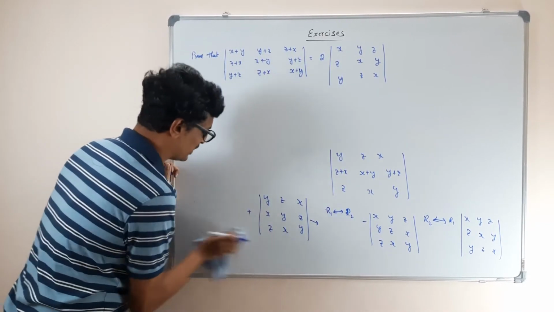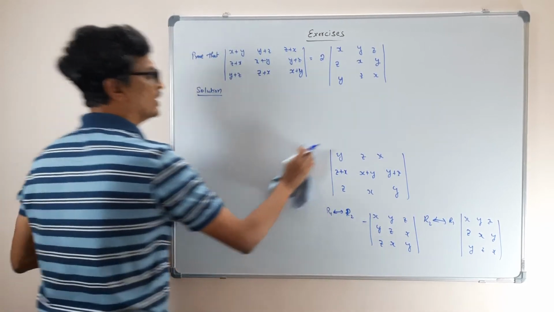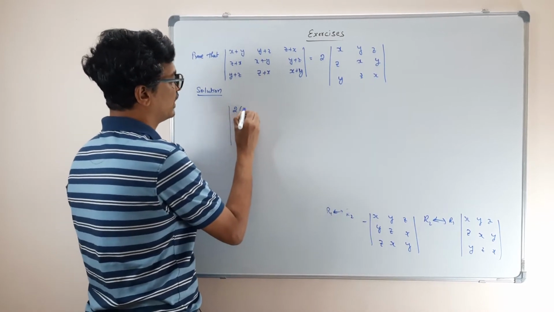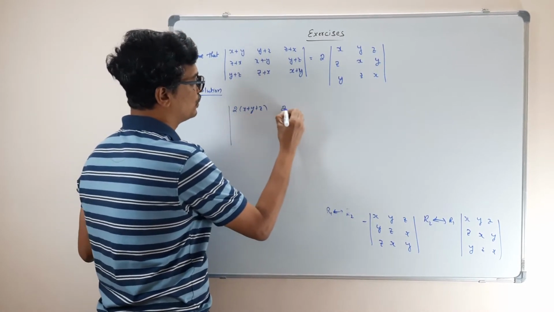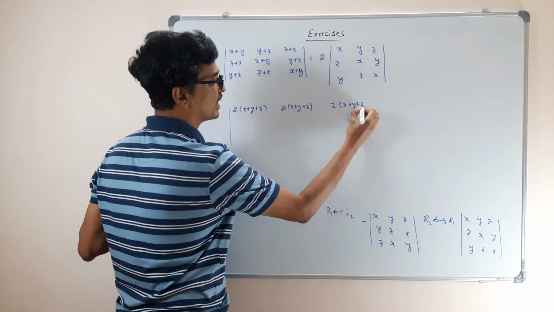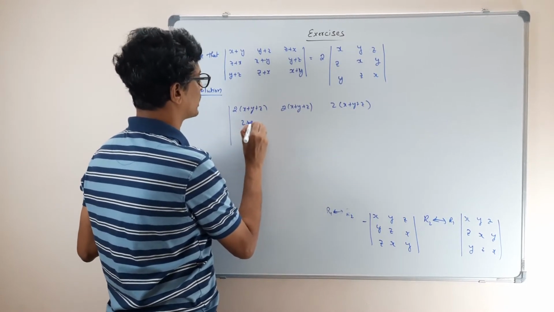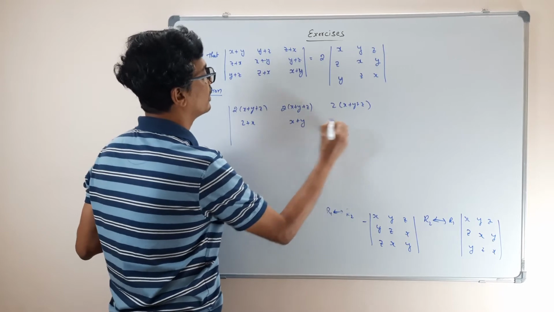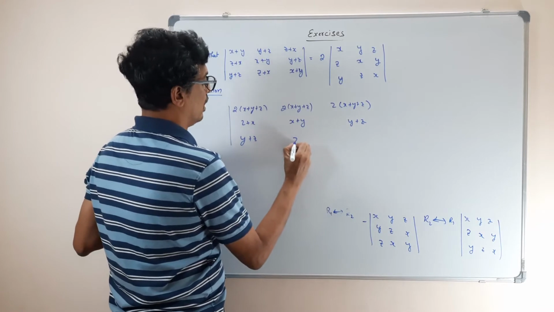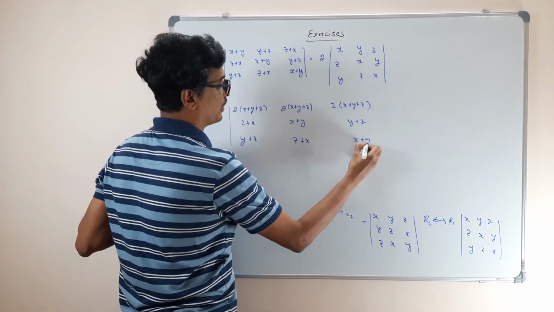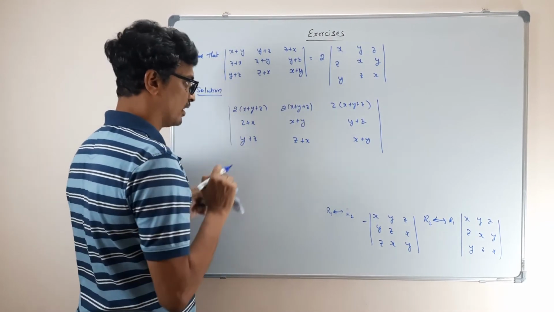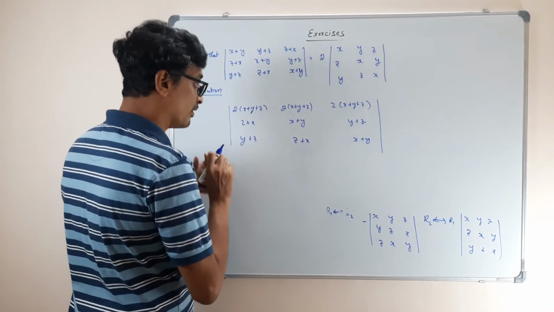But yeah, this way is simpler, straightforward. And this anyway it comes out. See, in that way what you will get is something like this. So you will get 2x plus y plus z, 2x plus y plus z, 2x plus y plus z. Okay, and then z plus x, x plus y, y plus z, y plus z, plus x, x plus y. Okay. Now if you take 2 commonly outside, I can take all the things commonly outside, but let us take only 2 outside.